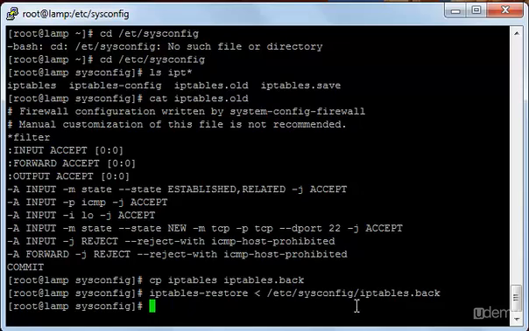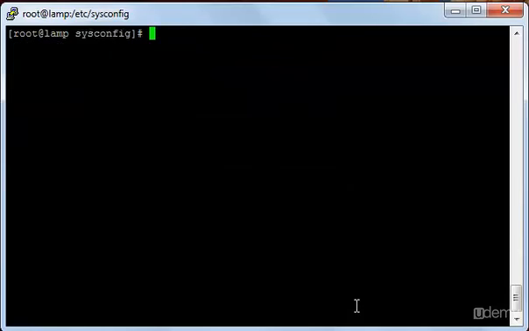Now let's see how to block an IP. I'll clear the page. Now to block an IP, you will type iptables -A INPUT -s 192.168.1.15. For example, here I have typed the IP that I want to block, -j and then the target